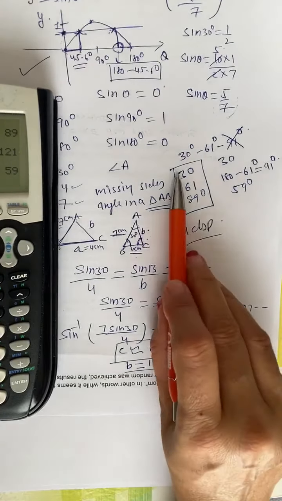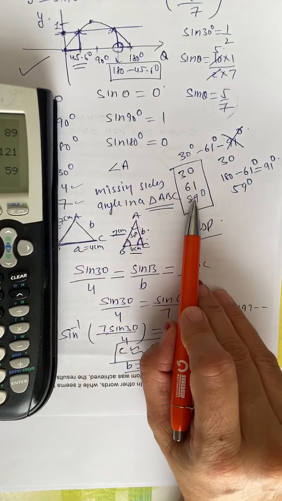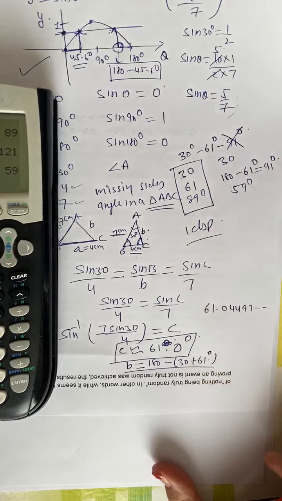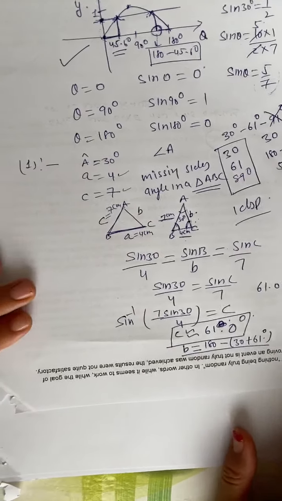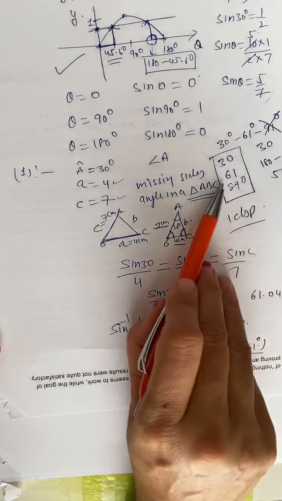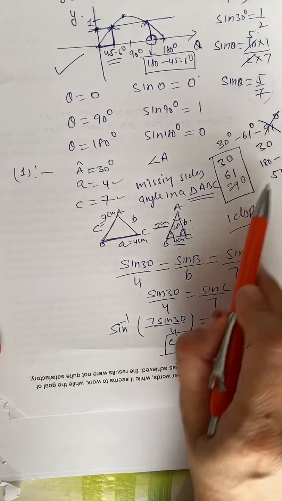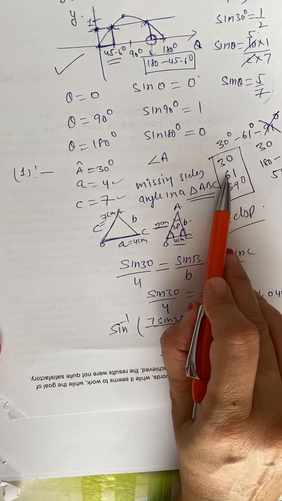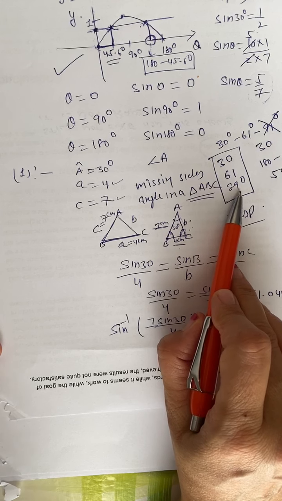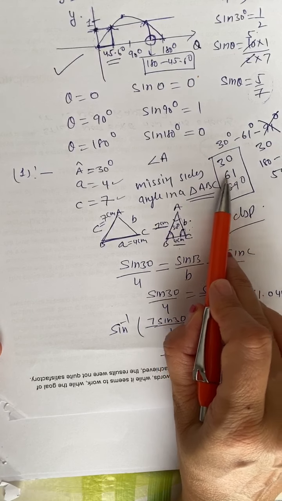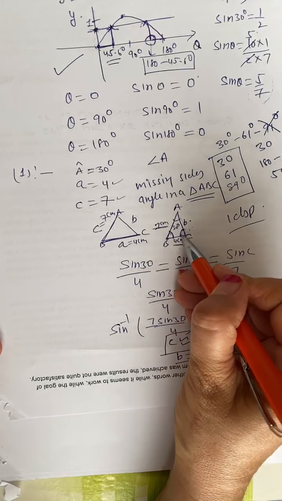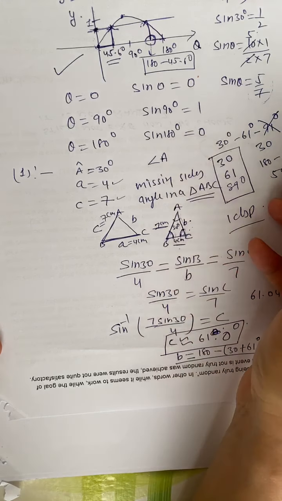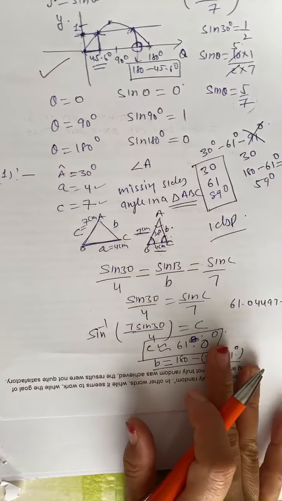Now sometimes, when you add all of them and it's more than 180 degrees, that means you will say there is only one possible triangle, but this is the concept. So once you find the angle, like we did 61, we can have it like this, or we can have an obtuse angle here. I hope it's clear.